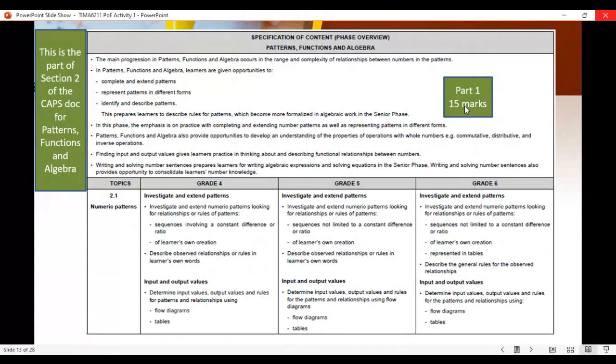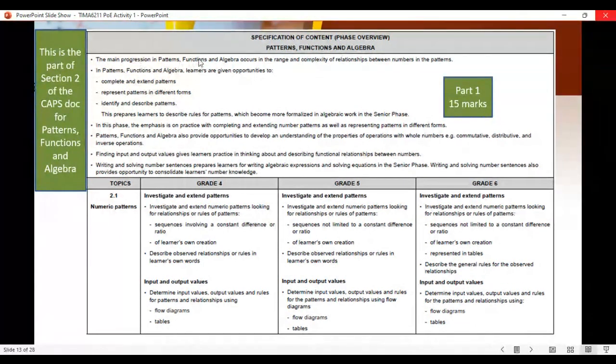So for part 1, where you have to indicate how the requirements differ for these 2 grades, you are going to use this section and indicate where the differences are. Here I see a difference, there I see a difference, here I see a difference. And if you do not see a difference here, you look in this 3rd section and you indicate how it would differ, especially when you refer to this first sentence.